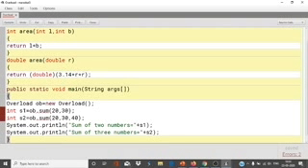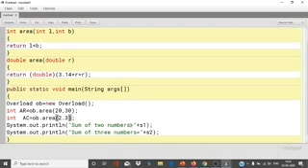So first, area of rectangle, ob dot area 20, 30, and then area of circle equals ob dot area with one parameter that will be double type, so 2.3 r.